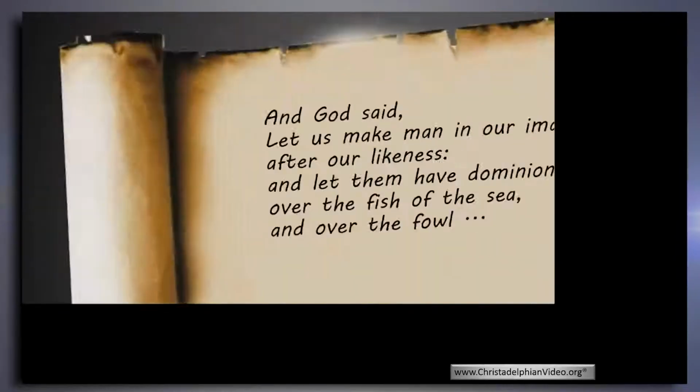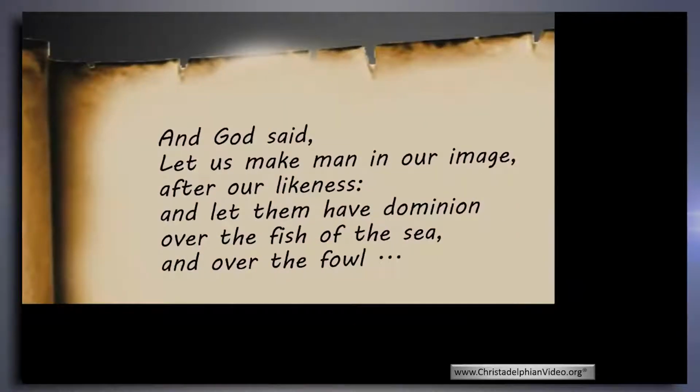All the kingdoms of men do the same thing. Well, they want this one thing. It's called dominion. And man was made to have dominion in a certain sense right back in the Garden of Eden. Here from Genesis, God said, let us make man in our image and after our likeness, and let them have dominion over the fish of the sea, over the fowl of the air, and so on and so on. And each group of people went, hey, I like the sound of that dominion thing. Maybe I could extend that over other people. How can we have dominion over other people?